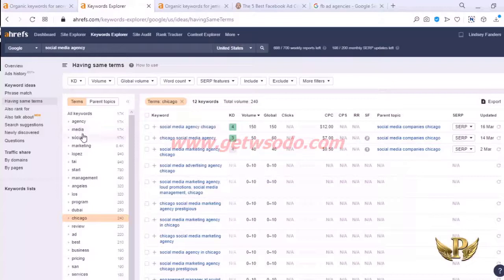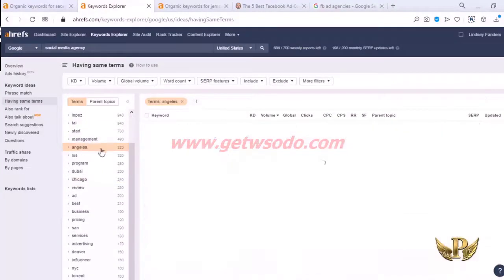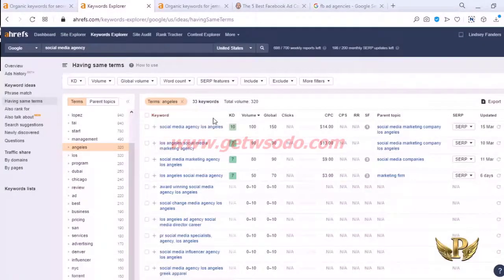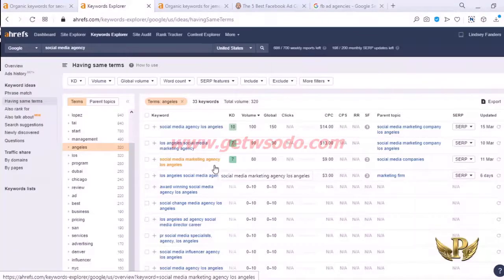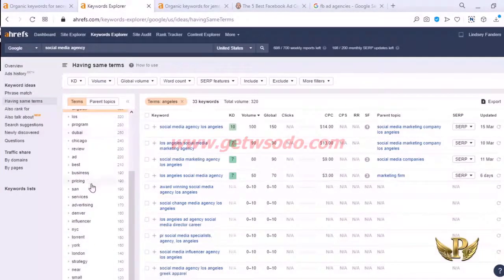Or whatever city you're going for. It doesn't have to be your city. All right. And if you look here, you'll see some good search volume in green. That means that these are good ones to go after. That's really going to be